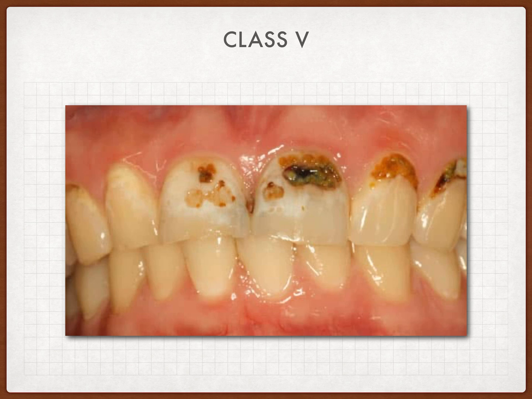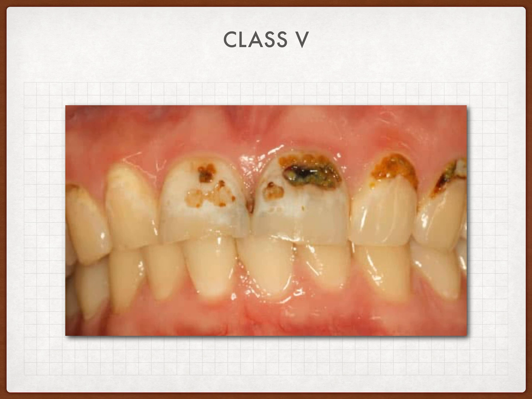Class 5 dental caries is the last class that was established by G.V. Black, but it is the 5th class in our classification system. This class involves the carious lesions of the smooth surfaces of the buccal and lingual surfaces of the anterior and posterior teeth. I would like to indicate here that I said that the pits and fissures only